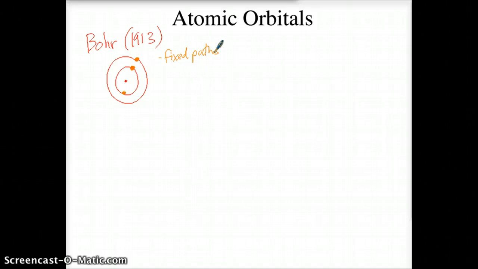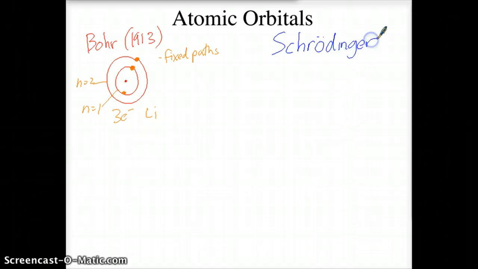This atom has 3 electrons in it, so therefore it would be an atom of lithium. Okay. It has 2 energy levels, n equals 1 and n equals 2, according to the Bohr model. But then about a decade later, in 1926, a mathematician by the name of Schrödinger, S-C-H-R-Ö-D-I-N-G-E-R, came up with a different model that described the structure of electrons and the space